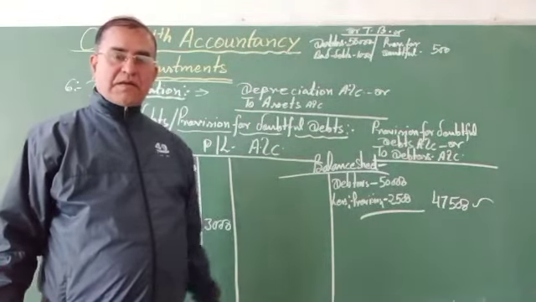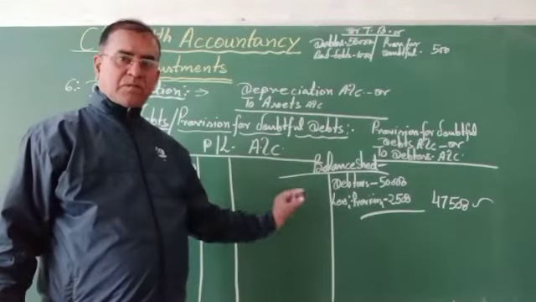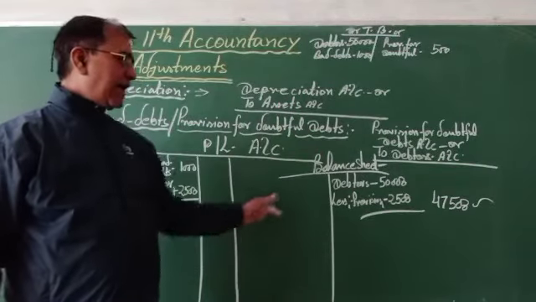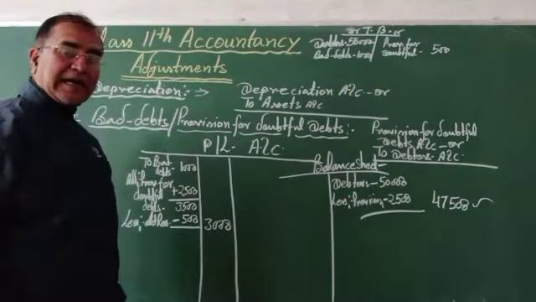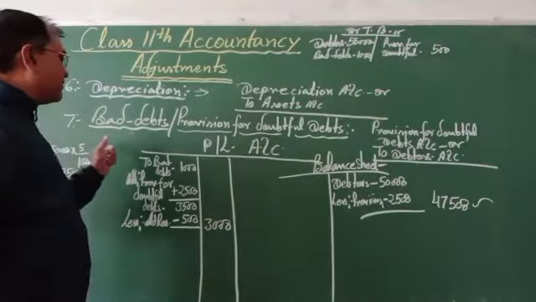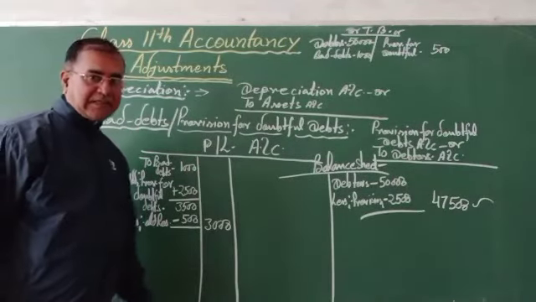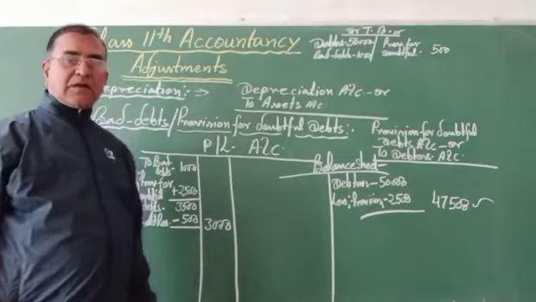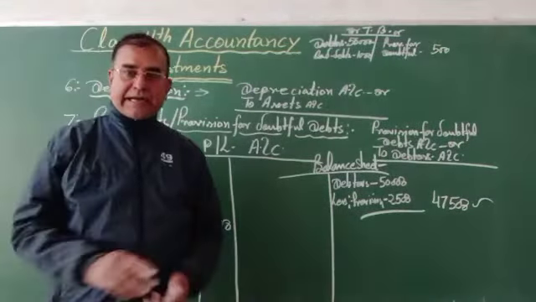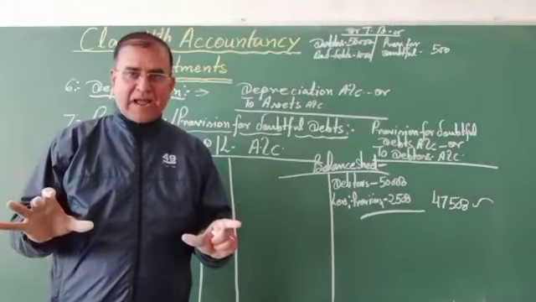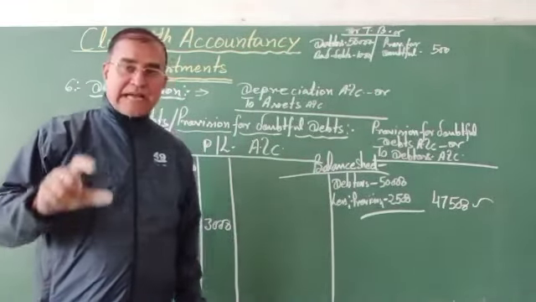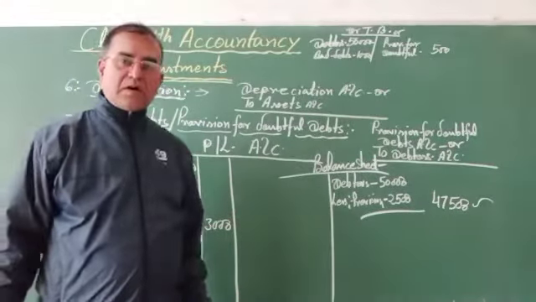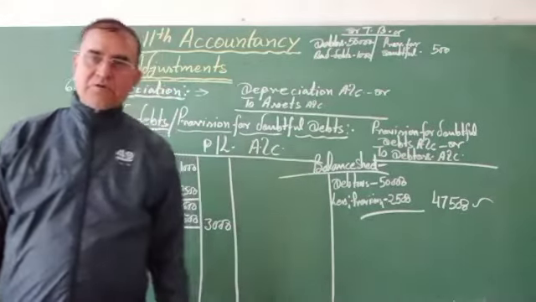Remember, this is the process of accounting treatment in the profit and loss account and balance sheet when bad debts and provision for doubtful debts are given in additional information. Again, I would like to explain through practical questions. Keep on watching and try to solve them. Try to know the exact steps involved in how to calculate the provision for doubtful debts. Thank you very much.